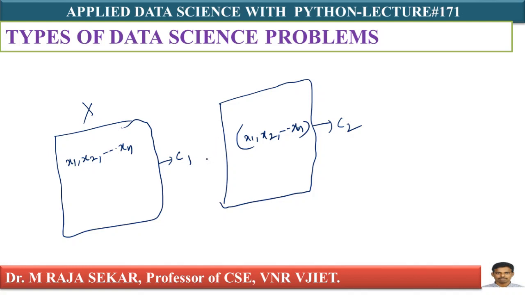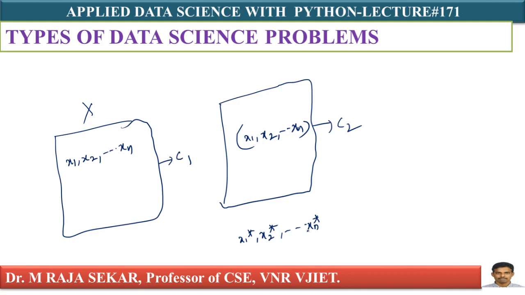Now the data science problem is the following. If you give a new data point, x1 star, x2 star, so on xn star, the algorithm should be able to classify and say this point is likely to have come from either class 1 or from class 2, that is C2. So assigning a label to this new data, in terms of the likelihood of which class it has come from, class 1 or class 2, is the binary classification problem.